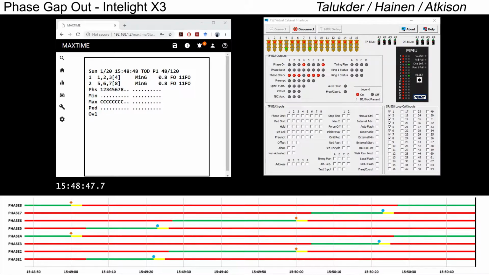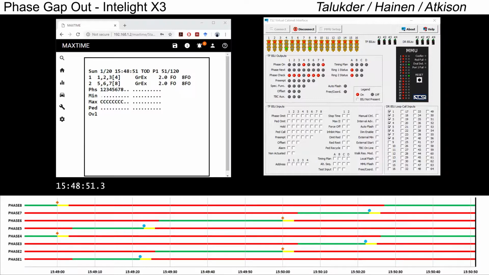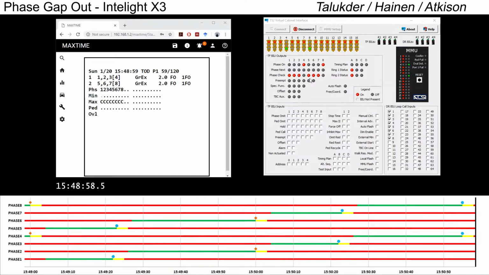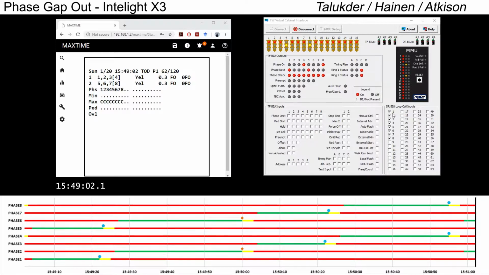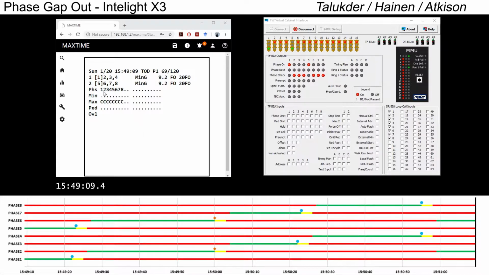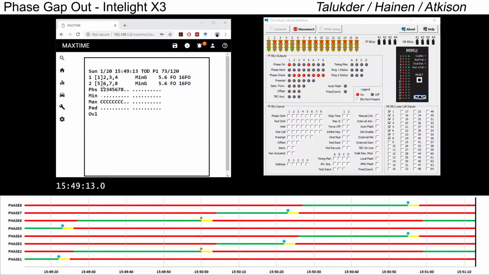Alright, we have an Intelight X3 TS2 controller, and as you can see, I'm connected to the MaxTime web server for this controller, and I'm also connected to the TS2 virtual cabinet to work with this controller. As you can see from the TS2 virtual cabinet, I did put constant call on from phase 1 to phase 8, and right now the controller is circulating between those phases, and currently it's serving green time on phase 1